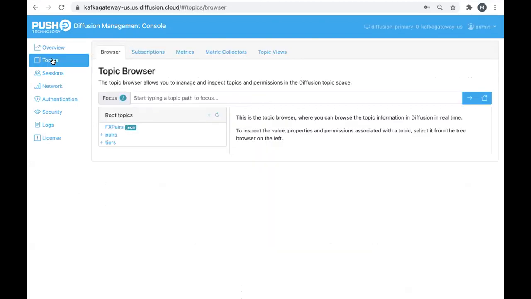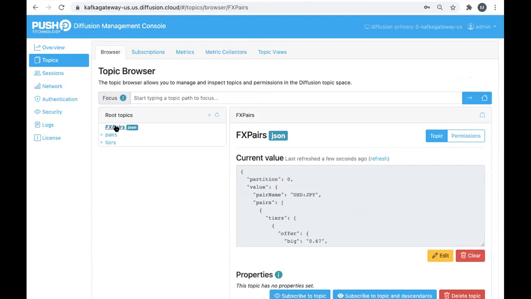But today we're going to focus on the topics section here. And as mentioned before, we have two areas that we care about: the topic browser and the topic views, which we're going to see right now. So on one hand, here we have the firehose, and I'm going to run a different app here and just get some data moving. So now that firehose is actually generating data, and we can see,